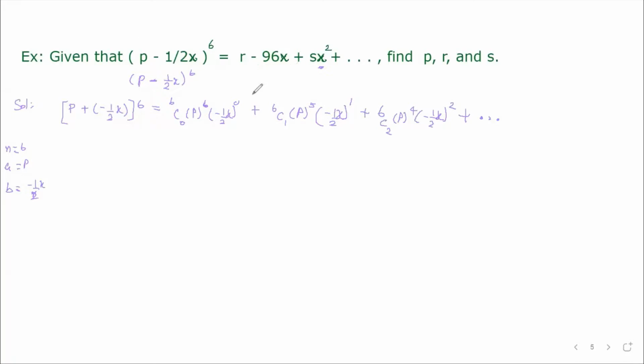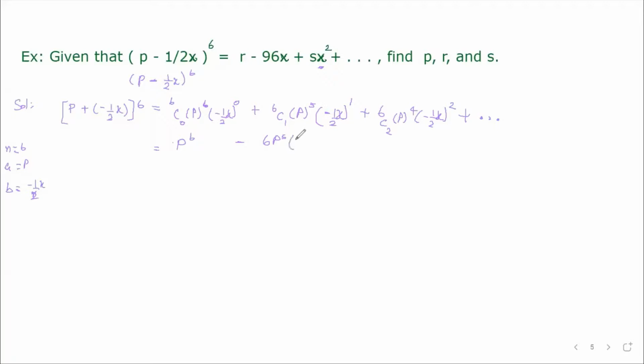The question gives us this equal to this. So now we simplify. 6C0 is what? 1, correct? So 1, and this one is to the power 0. Whatever the base is, power 0 is always 1. So 1 times this one becomes p to the power 6. And this one is an odd power, power 1, so it is negative, and the sign that comes out should be negative here. 6C1 is 6, correct? So I have here negative 6 p to the power 5, right? And x is